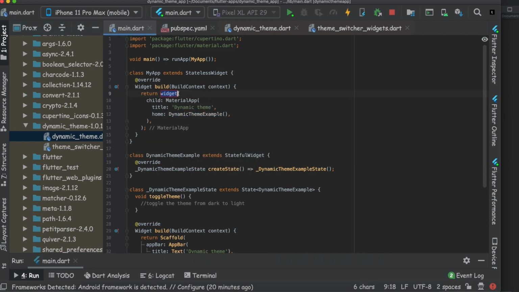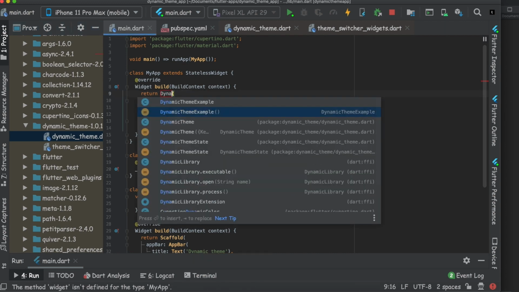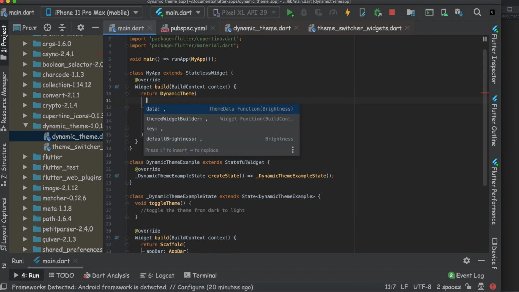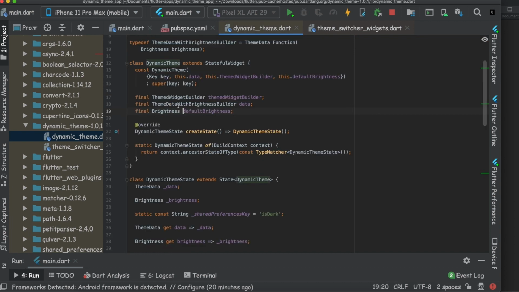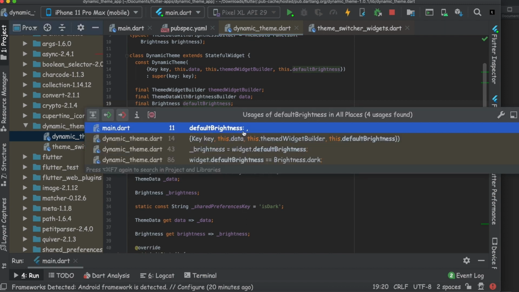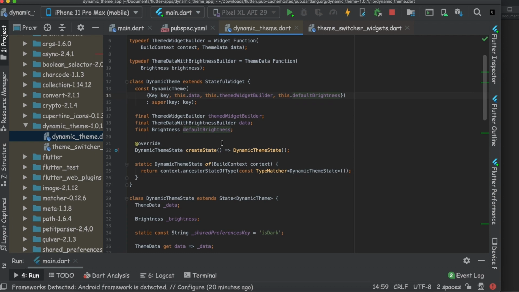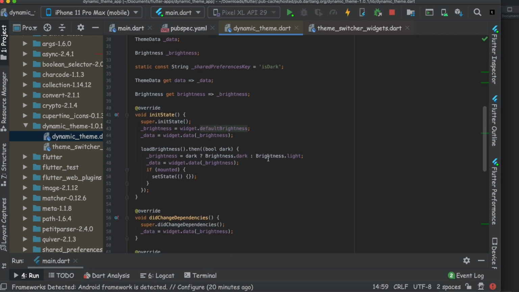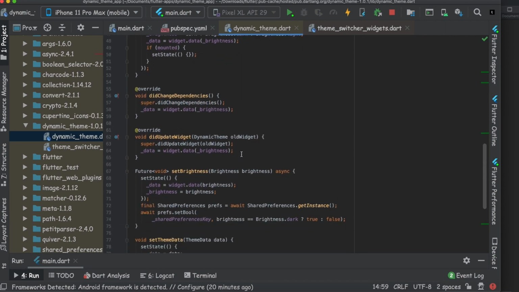We are going to add DynamicTheme on top of MaterialApp, and let's see what it needs. It needs data and it needs a themedWidgetBuilder. There is a default brightness which you can set, and I think it is light by default. If you don't pass anything, then it is light.